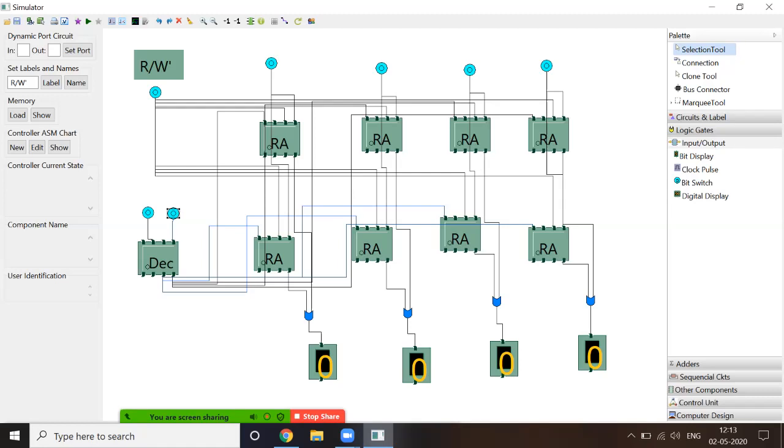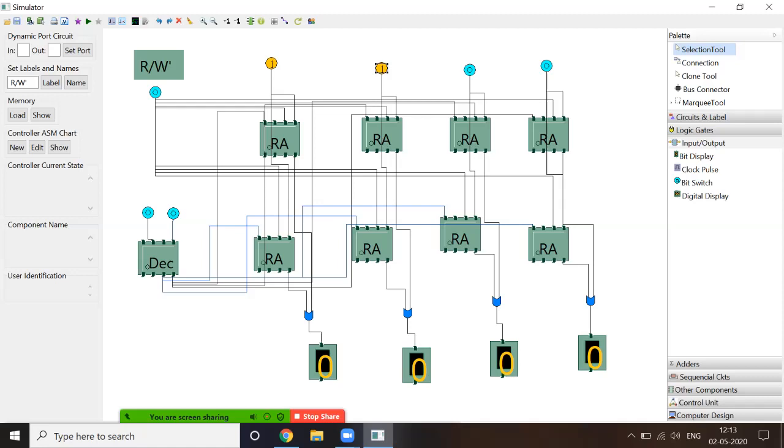Okay, now we can check the output, how it is working. So these are the 4 data inputs where you can set some value, say 1100. I'm setting it to 1100. I want to perform a write operation, so I will keep this bit switch as 0, and I want to select the first row, that is this, so I will keep it as 00. If I select 01, then this row will be selected.